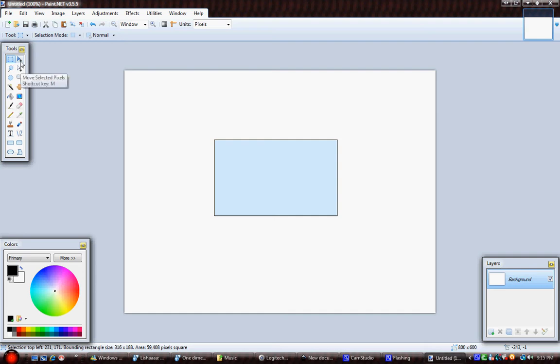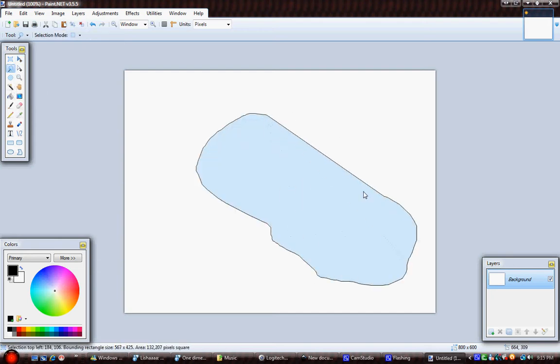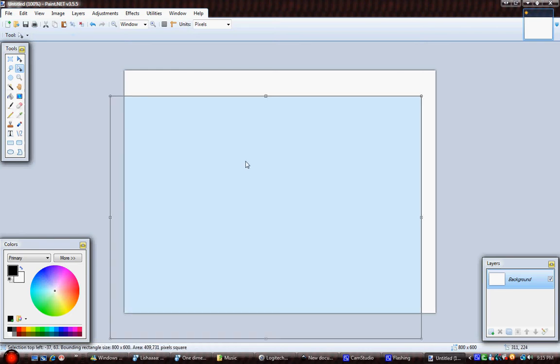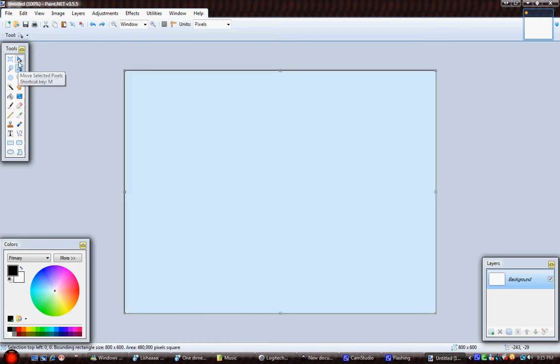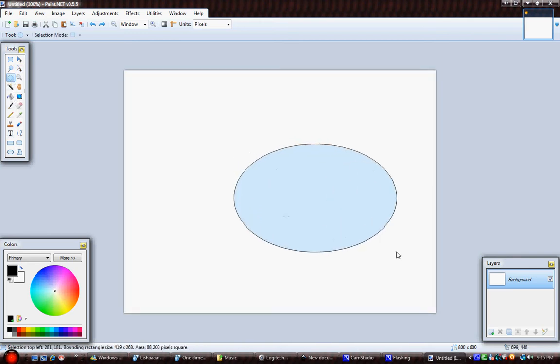and here we have move selected pixels, so it can move around. Here we have lasso select, so you can select specific shapes. I've never used that. Oh, actually I lie. Move selection, it's pretty much the same thing as move pixels. I don't know why they have both in there. Here's the ellipse select, circular select,